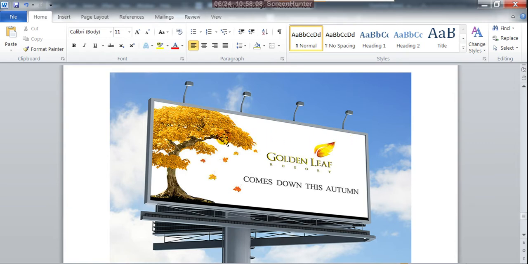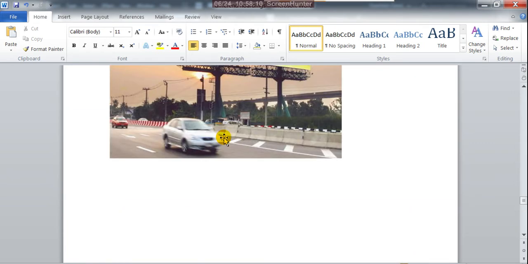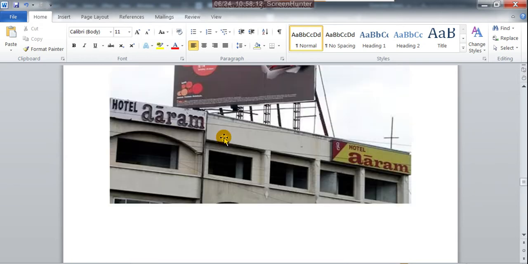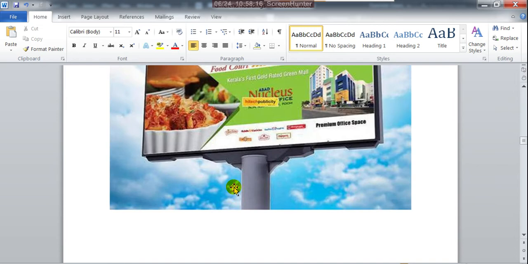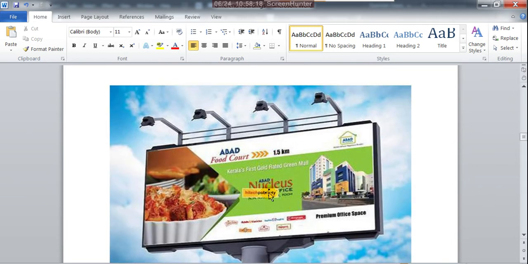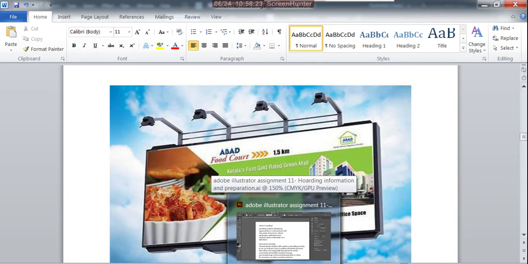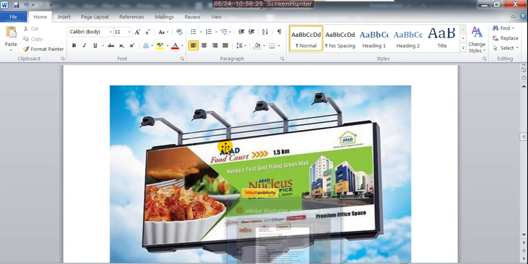But whatever pictures we include in the hoarding, if you include such huge pictures in your Illustrator file, your Illustrator program may not run. It can get stuck, it can show errors, because if you enlarge to that much size, that is a problem.